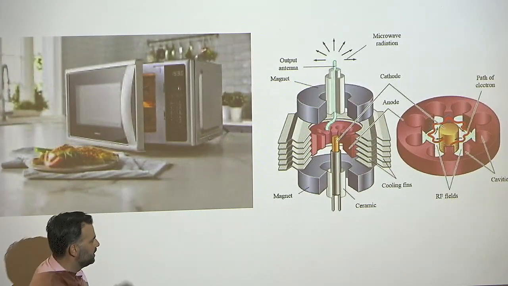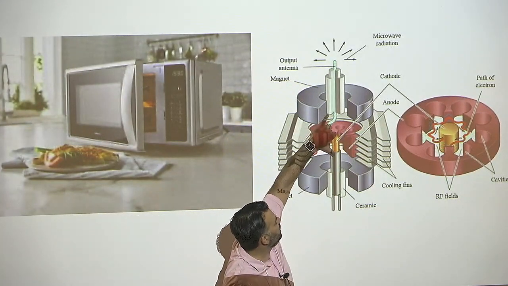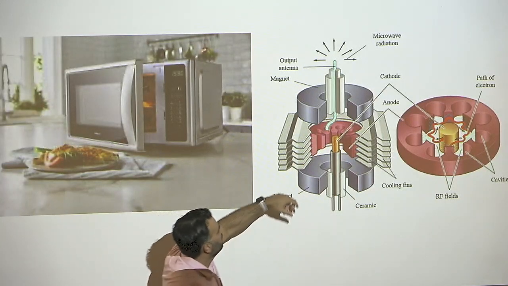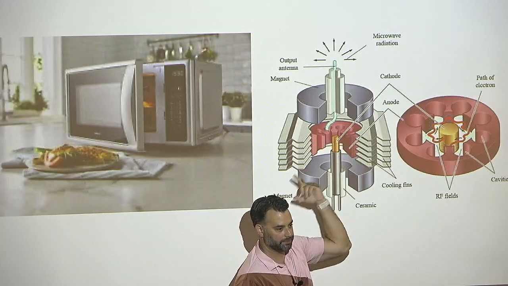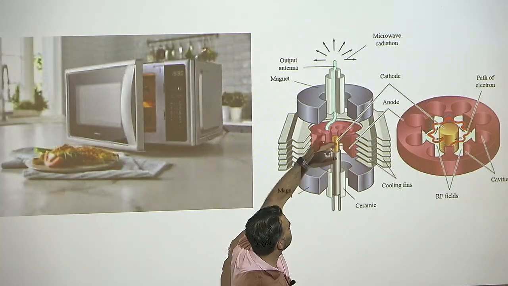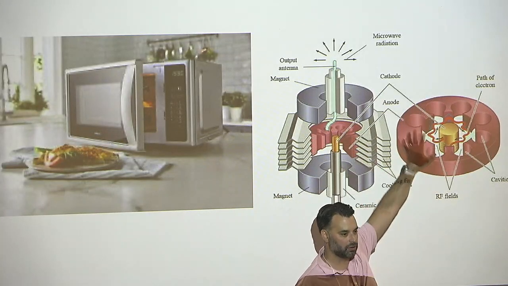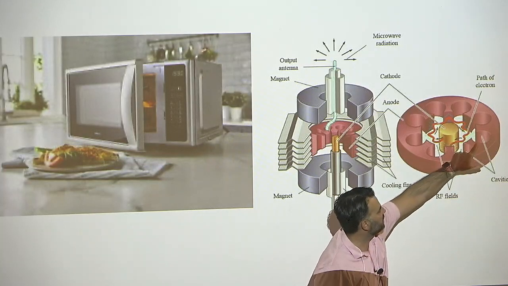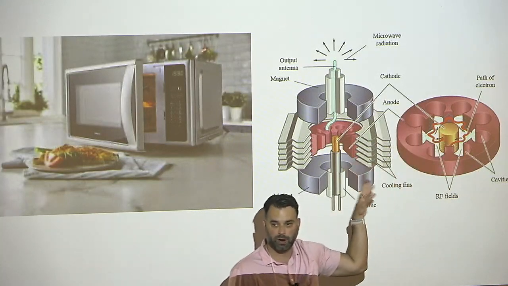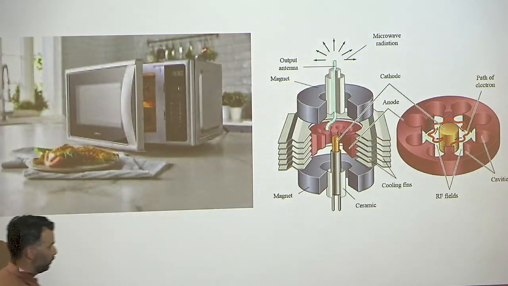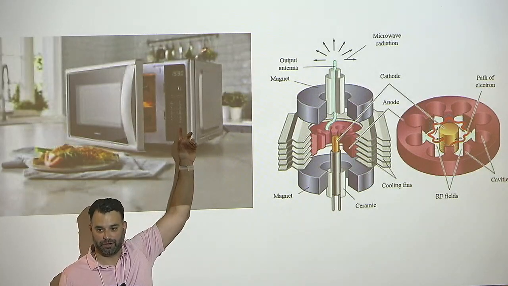And the basic idea is you have something like your electrostatic generator in terms of your cathode and your anode. You are generating your electrons. You have a magnet which makes them orbit, okay? And the point is, unlike the electrostatic where you just had a very simple anode, you design your anode in a very particular way so that you have these cavities that give you resonances in the microwave frequency region, and then eventually you read out these electromagnetic waves that are of order microwaves. So these things are cheap, they're all over the place, but they're not a particle accelerator, right?